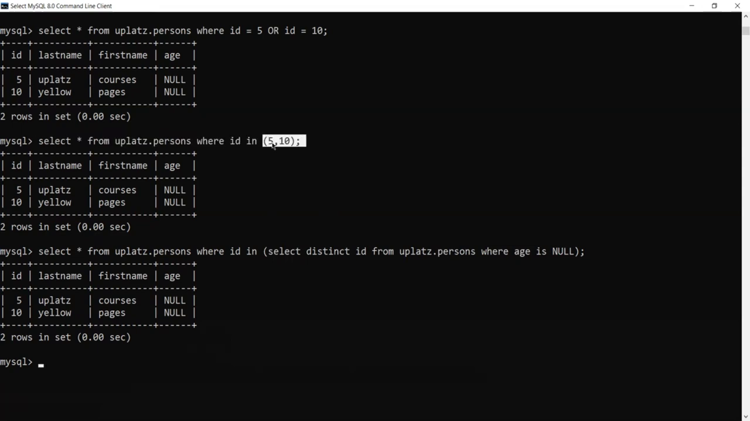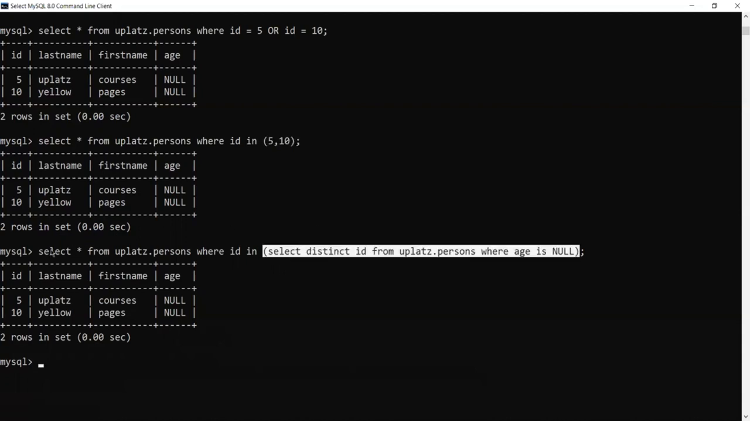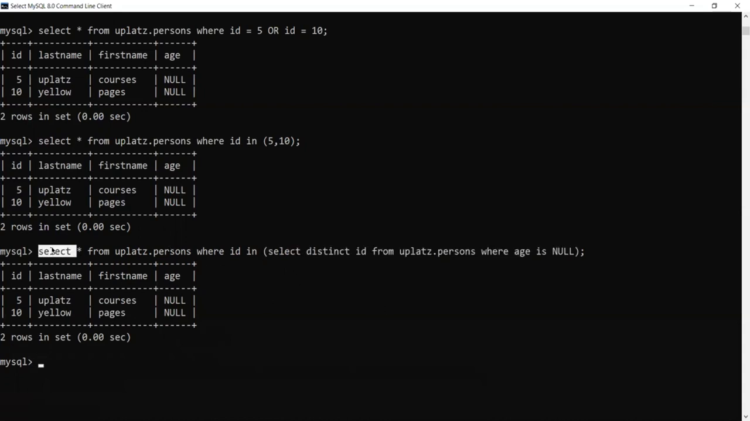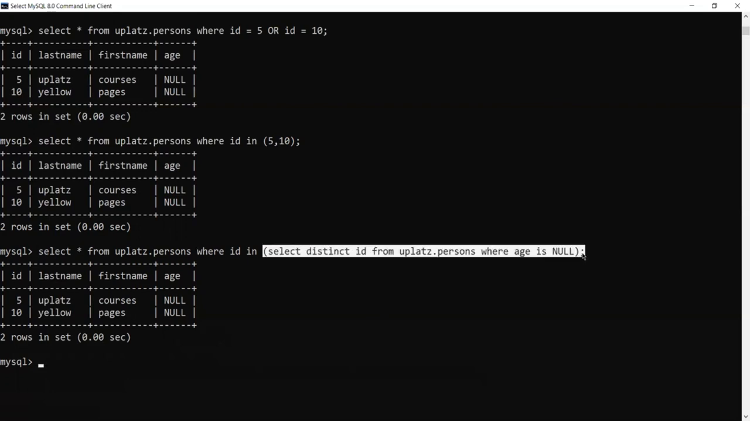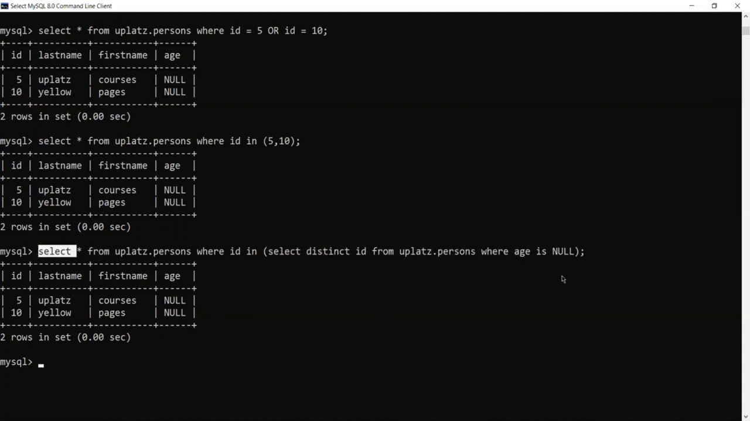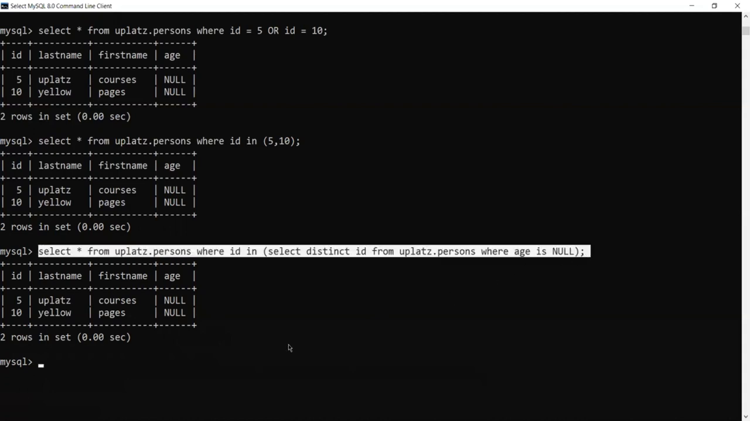So basically, if I don't want to hard code 5 and 10, I can directly write it in the form of a query, retrieve data and pass it to the main query. We refer to this as a subquery. The outer query becomes the main query, and the inner query is referred to as the subquery. Now definitely this was not the right way to use a subquery, because this could have been directly